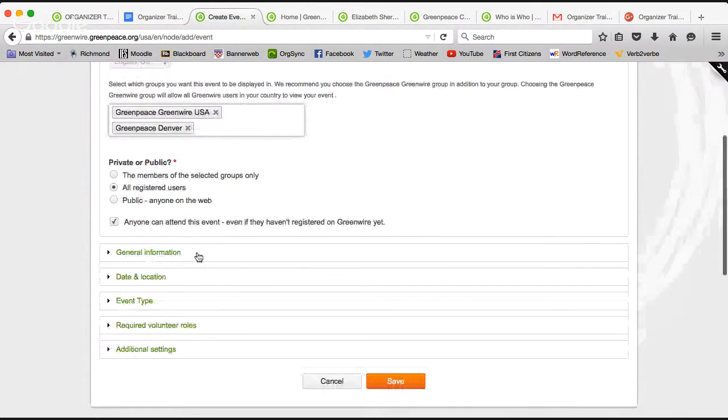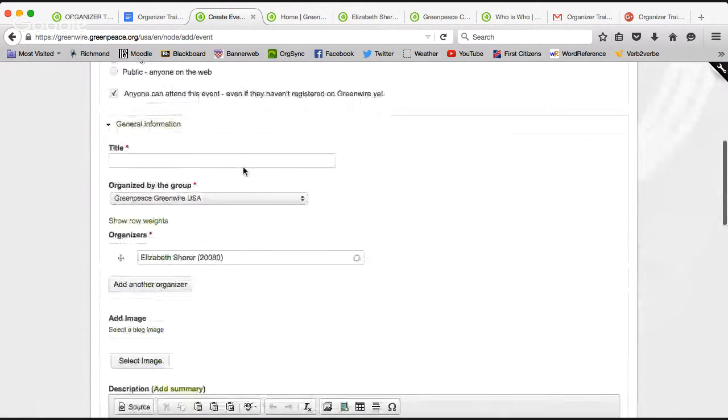So then the other tips that I had were in terms of the title. We have a lot of events on Greenwire, so we have a lot of climate ribbon parties happening all over the country, like I mentioned, which is awesome. But it's really important to be specific in your title. So I, for example, am going to call this my climate ribbon party.